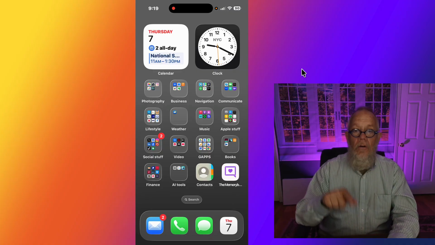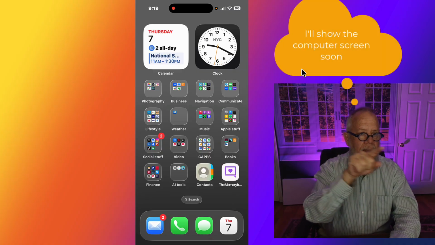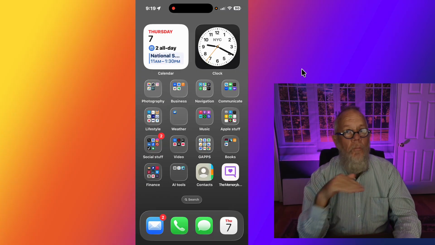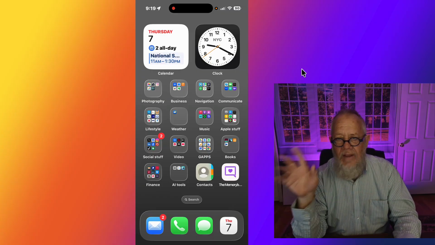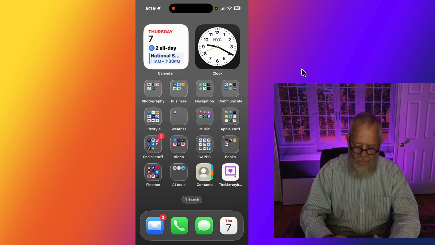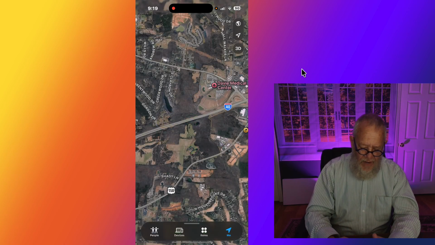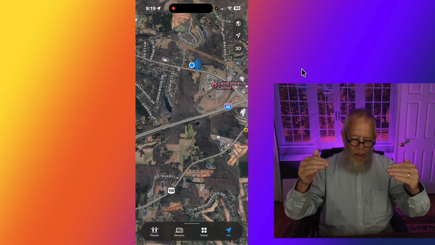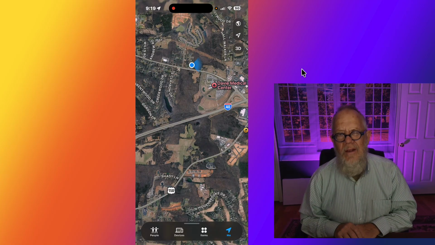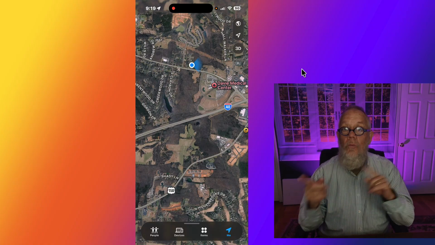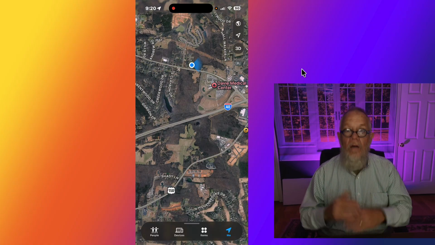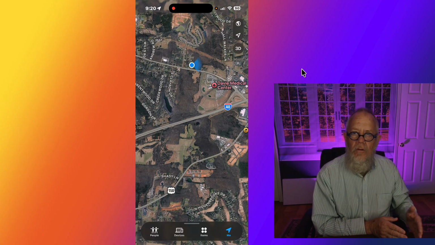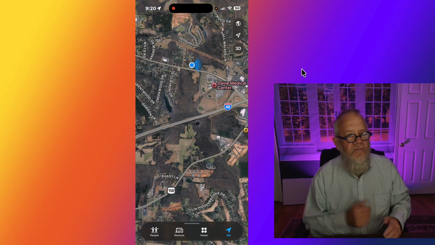I'm on my iPhone as well as on the computer, and I'm in iCloud.com on, in this case, a MacBook in Chrome. You can use any browser on any device, doesn't make a difference. But I'm also on my iPhone here, and if I come down to Apple stuff and I click on Find My, I'm going to show you how to use Find My on the computer as well as on the iPhone. And by the way, it's going to be very similar. And I'm going to explain to you why you want to be able to do both for you and for